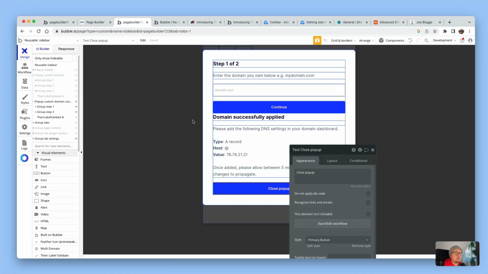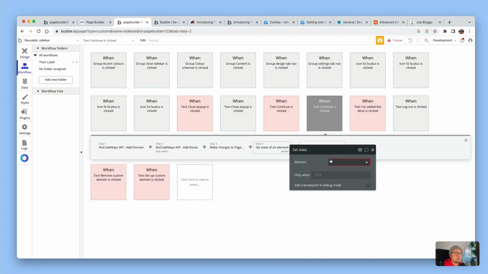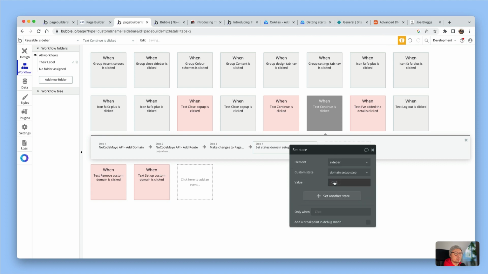And the other thing is that when they click continue, we want to set the state, and we'll just use the same domain setup step we had before. So I'll change that to 2,